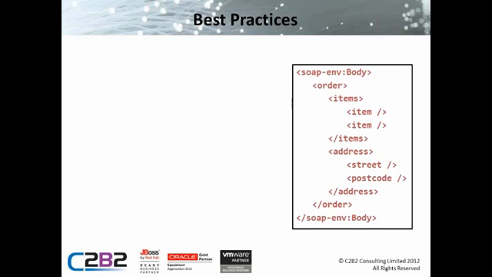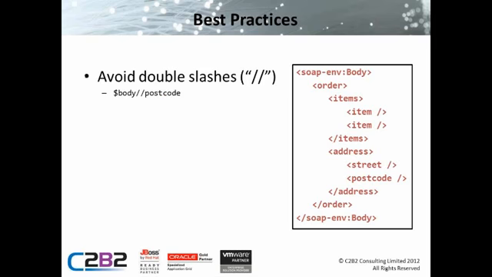So in this next slide, I'm going to be using this sort of example template XML document, and I'm going to go over some XPath and XQuery tuning and design considerations. So firstly, always avoid double slashes if you can. Sometimes at design time you're not going to know the exact XPath expression to find a particular value. In this case, we've got $body / postcode, and that's obviously going to come down here and find this postcode